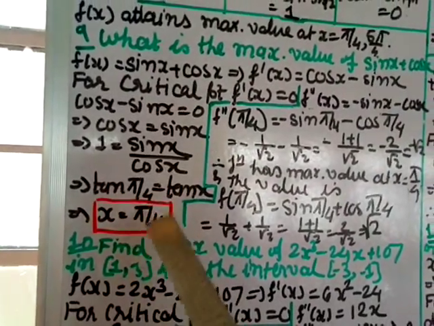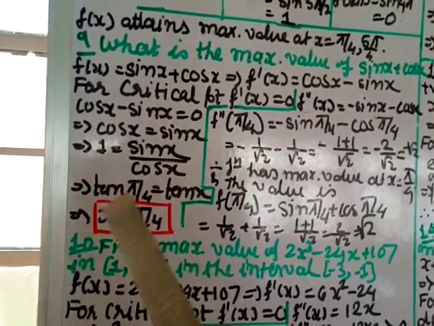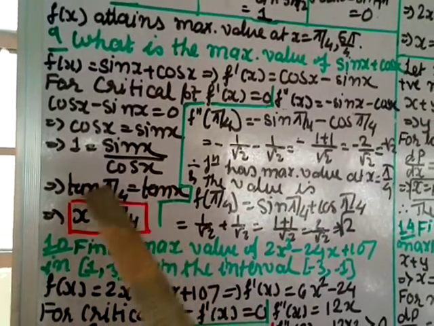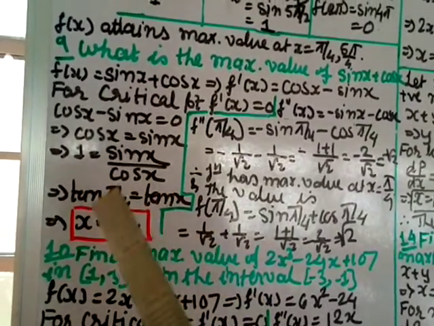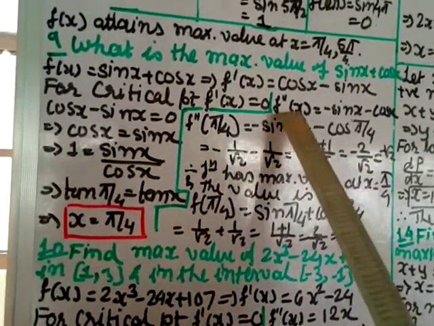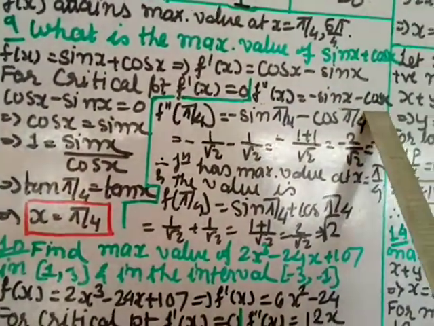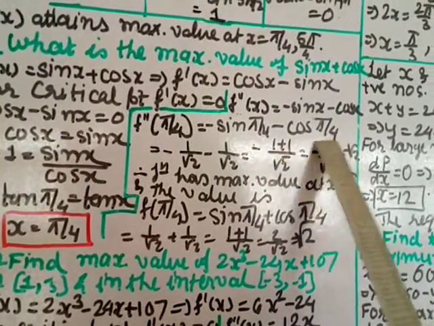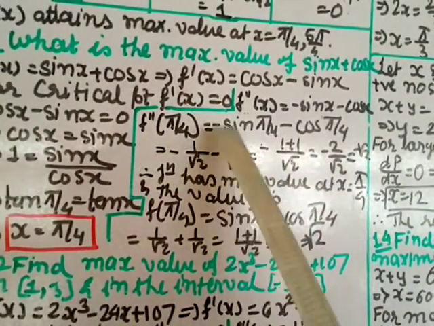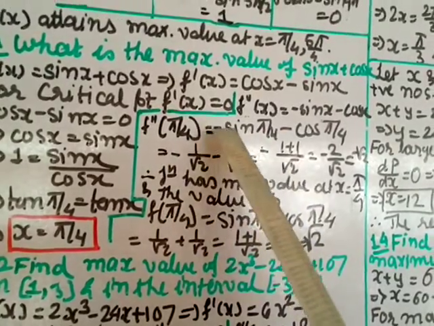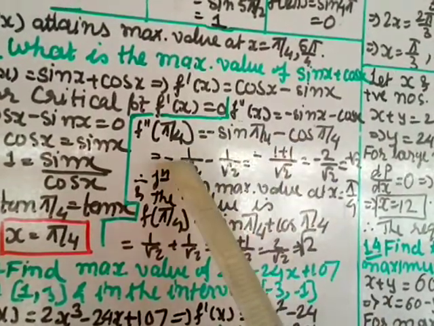Now I'll find whether it is maximum or minimum. For this I'll find the second derivative, and in the second derivative we put this value. If the value is greater than 0, then it is minimum. If it is less than 0, then maximum. So here I have already found the double derivative. X value is pi by 4. Sin pi by 4 is 1 by root 2, cos pi by 4 is 1 by root 2. Here minus is there, okay? This is not minus, but minus is there in the derivative.